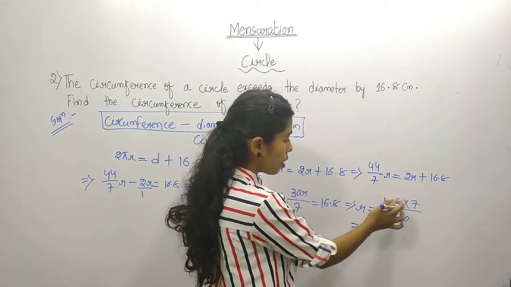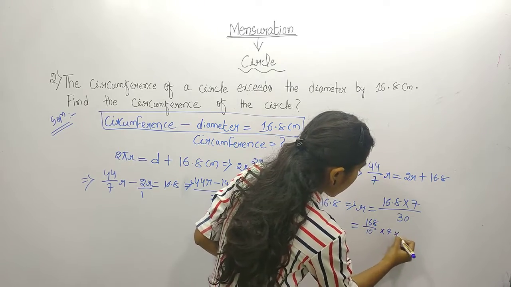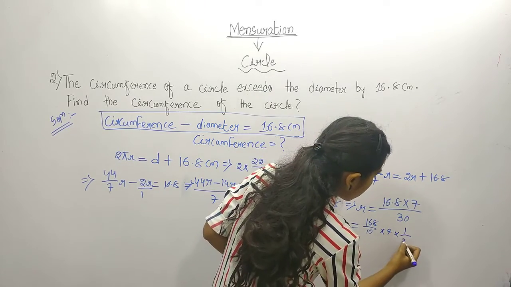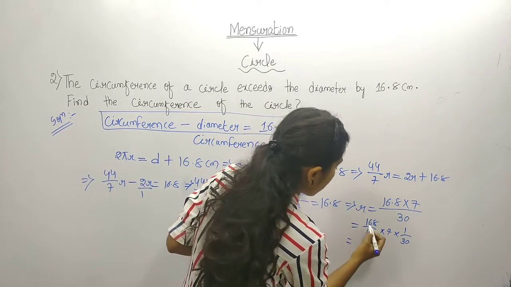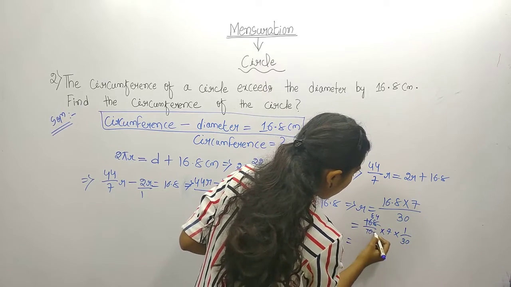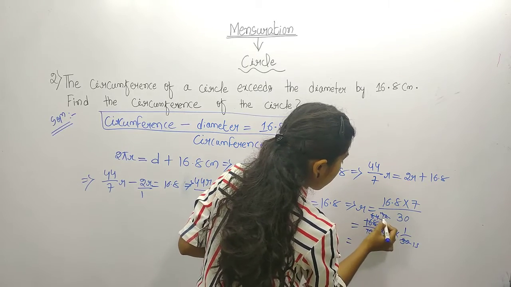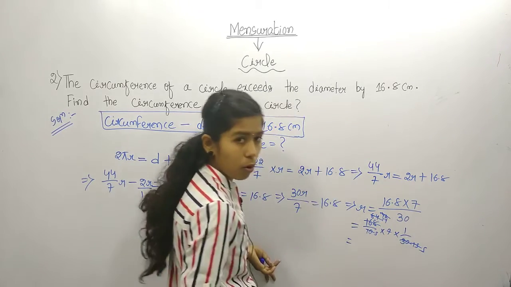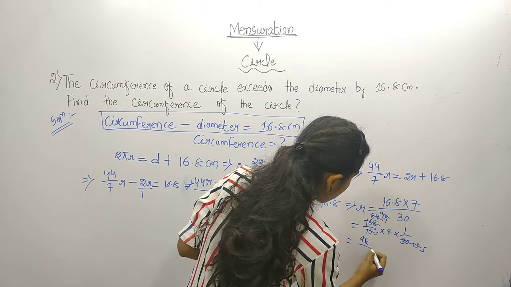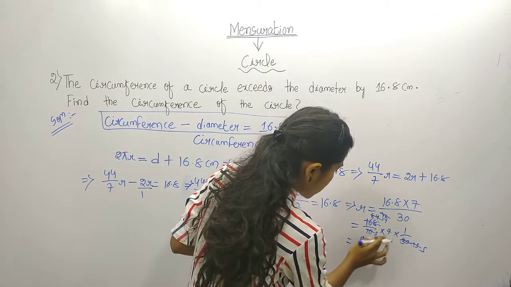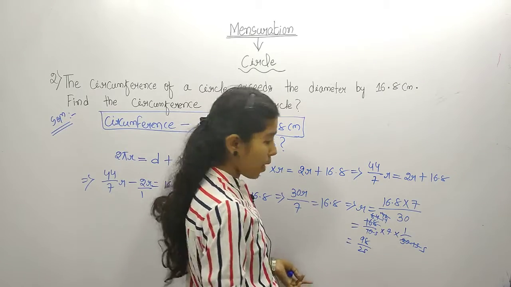A decimal is there. So if we open it, it will become 168 divided by 10, into 7 into 1 by 30. Okay, so what will happen, you see: 2 8 16, 2 4 8, 2 5 10, 2 4 8, 2 2 4, 2 1 2, 2 5 10, 3 1 3, 3 4 12, 3 5 15. Okay, so 14 into 7 is 98. Okay, next, divided by 5 into 5 is 25. So 98 divided by 25.